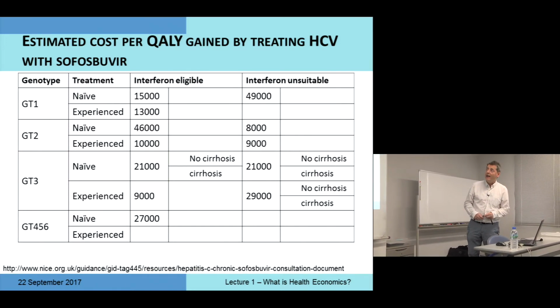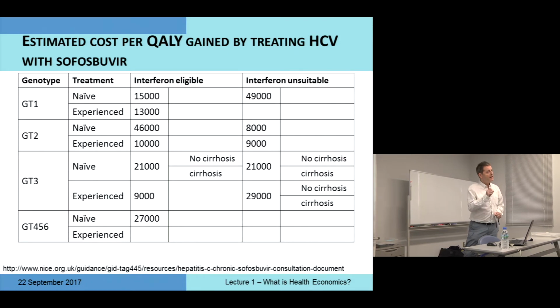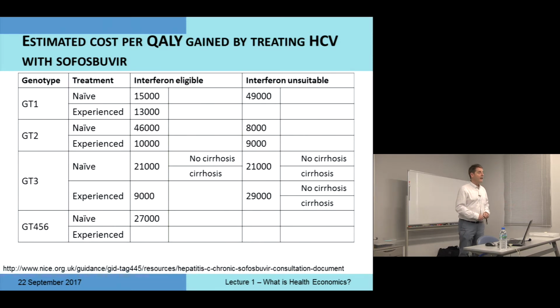Yeah. And yeah, NICE make decisions about new treatments for the NHS. And if NICE make a positive recommendation, the NHS must make the new treatment available. If NICE don't recommend, NHS can provide a drug, but they don't usually because they haven't got the resources. And so a positive recommendation from NICE is very important. And so what NICE looked at, it's sofosbuvir, that's the name of the drug,